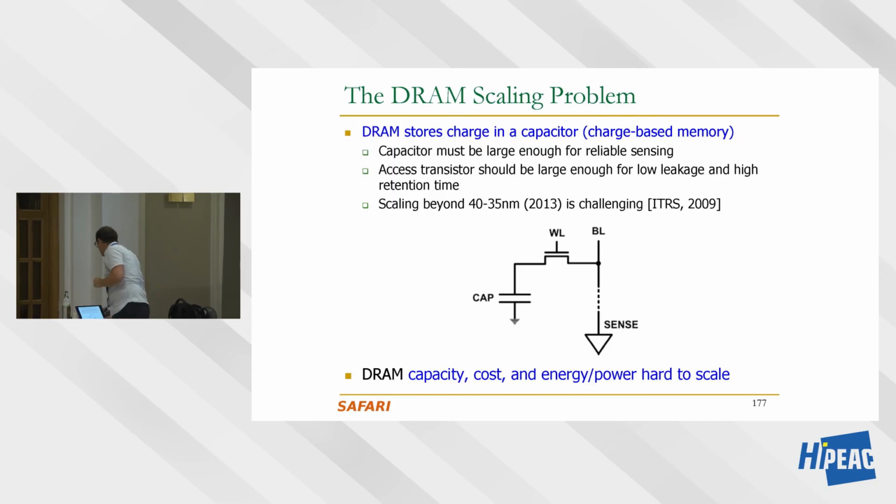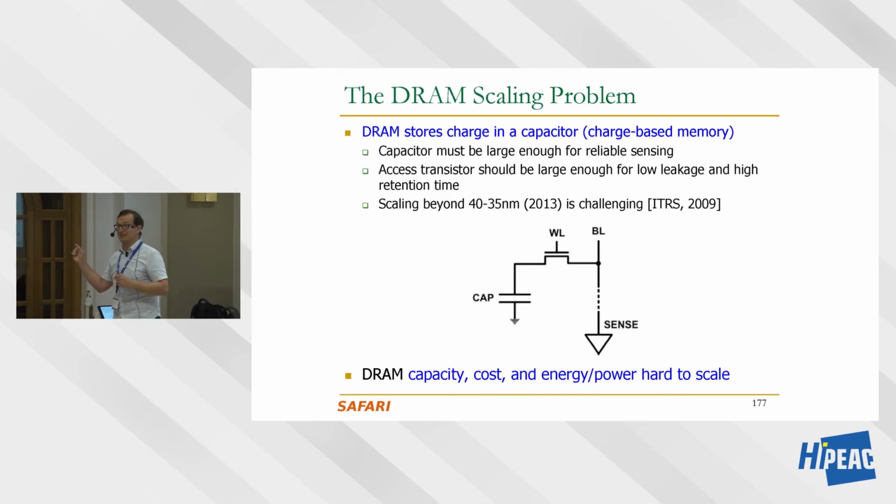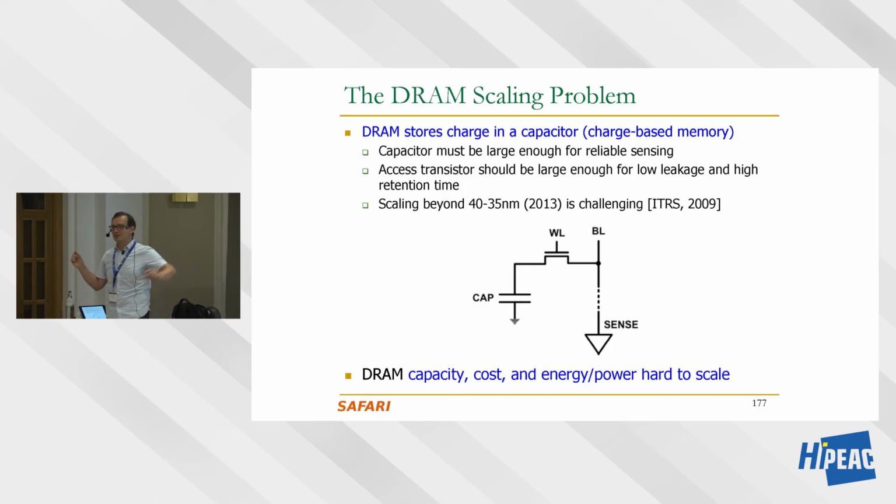But for this to work, the capacitor must be reliable. The access transistor and the sense amplification circuitry must be reliable. Now, as you reduce the size of the circuit to pack more cells in a given hardware area, both of these properties become difficult to maintain. There becomes a lot of noise in all of these structures. And in 2009, ITRS was suggesting that reducing the size of the circuitry below a feature size of 35 nanometers is challenging. Today, we're very close to 10 nanometer in DRAM. That doesn't mean that they were wrong. It has been challenging, and we've seen a lot of problems with DRAM, as we will see in a little bit.